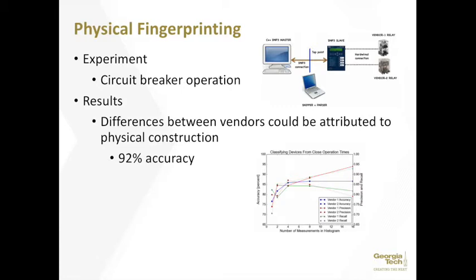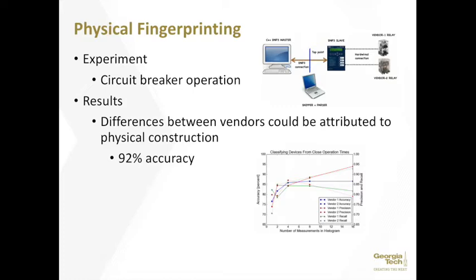Now, the physical fingerprinting mechanism was able to differentiate between two products, between two vendors, that had the same ratings. However, the physical makeup between the two products was differing, and they were able to capture the difference with different timestamp models. Furthermore, they were also able to repeat this experiment to see the difference between operations themselves. So, close operations versus open operations were able to be distinguished within a single device, determining if the device had opened or closed in response to a command.